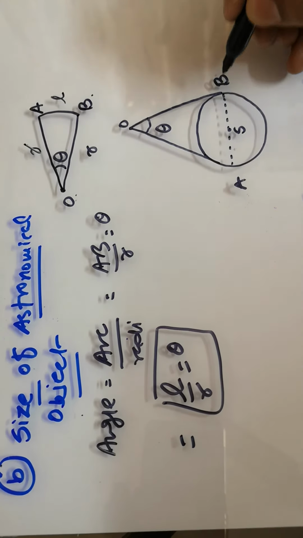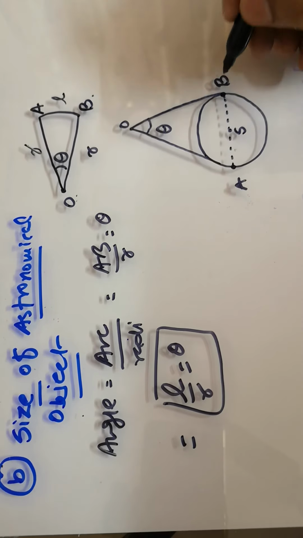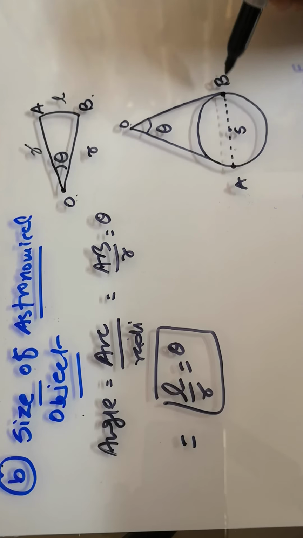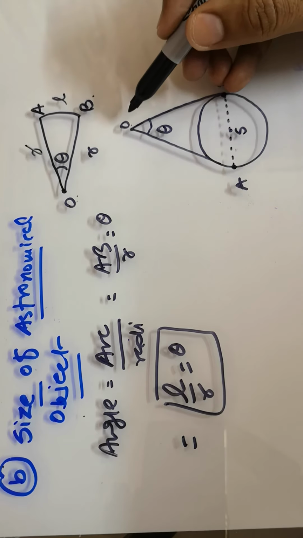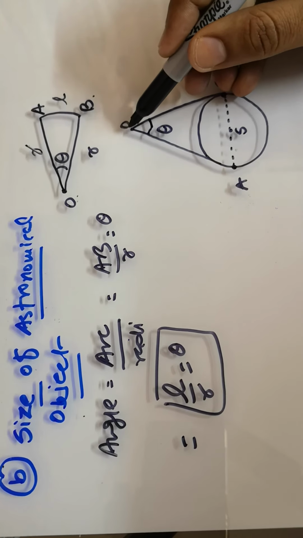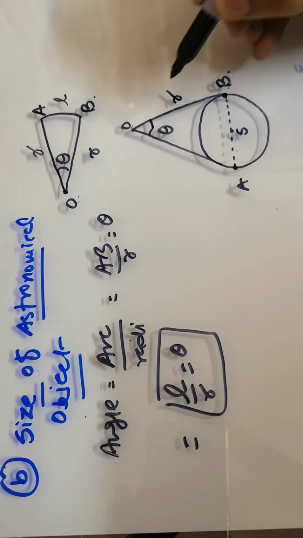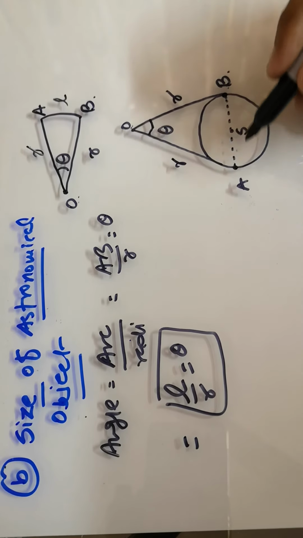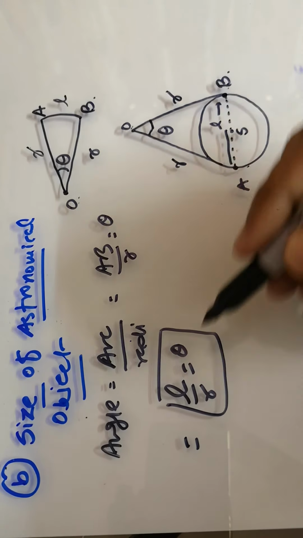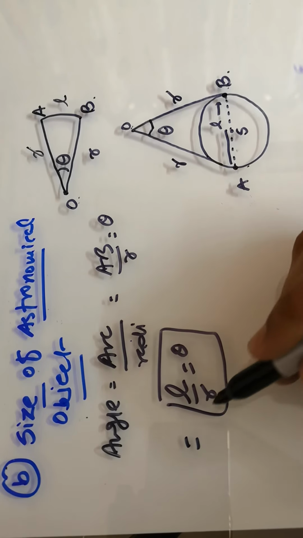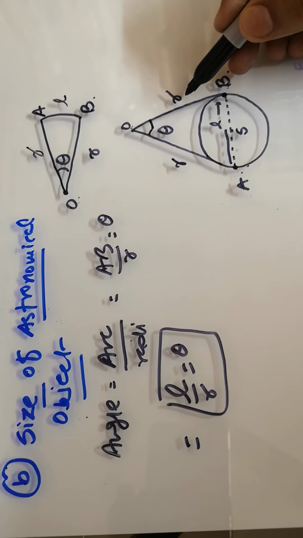If you observe, this is my surface of the Earth and these are two points on the Earth, A and B. From B to O I am observing, and someone is also observing from A to O, and the point O, or some planet, makes two connected angles theta. Let's say my distance or radius is R, and from A to B I am naming the entire length L. So my formula will again be the same: angle equals arc upon radius. My arc is AB and the radius or distance is R.